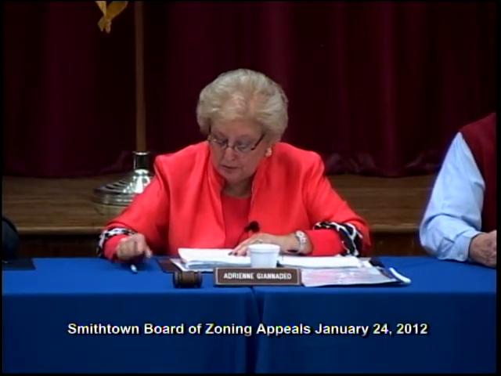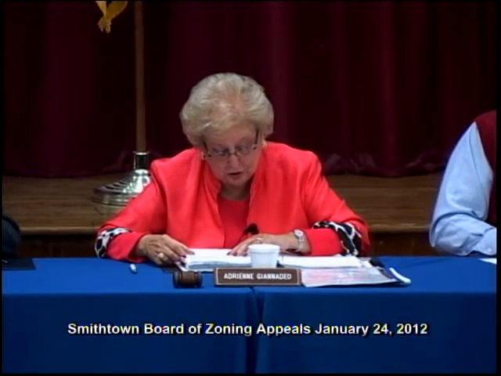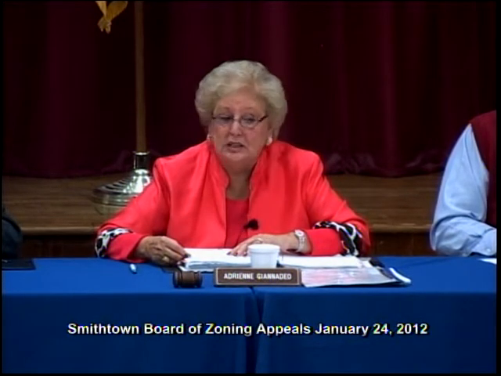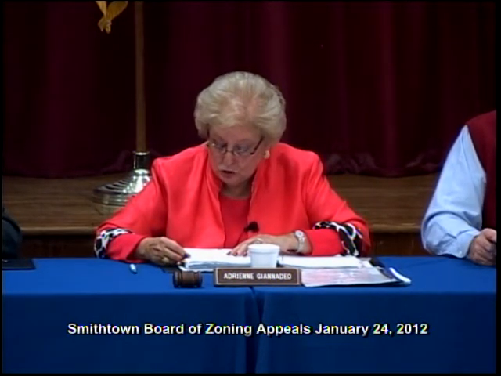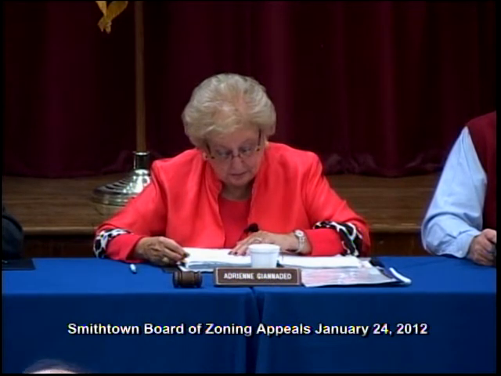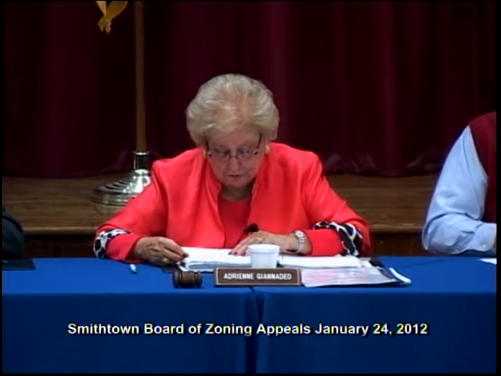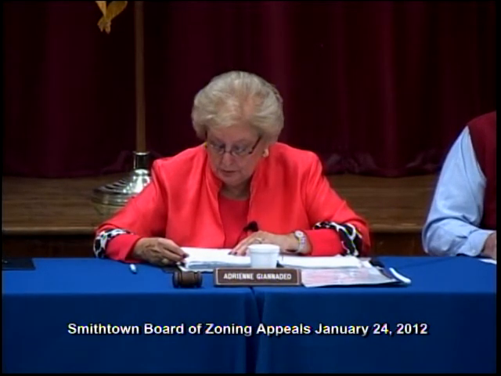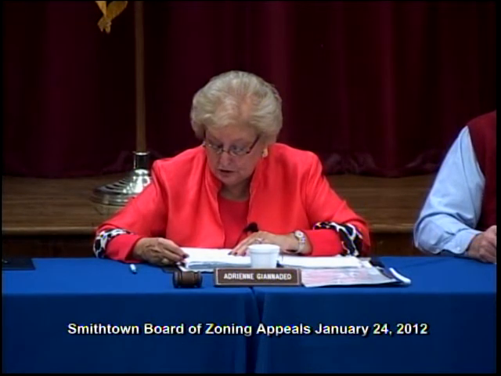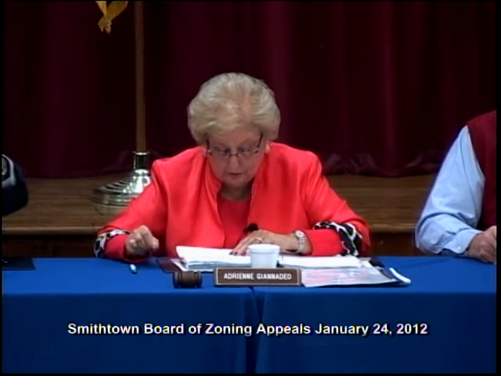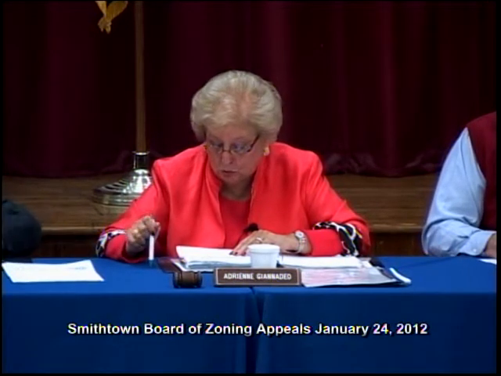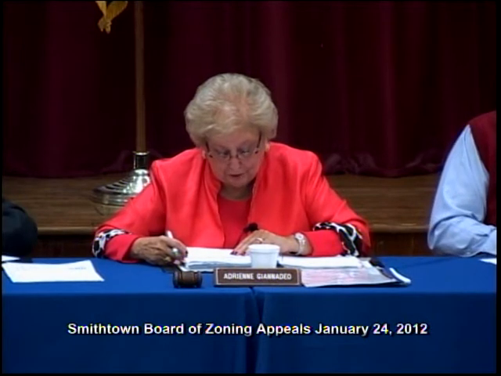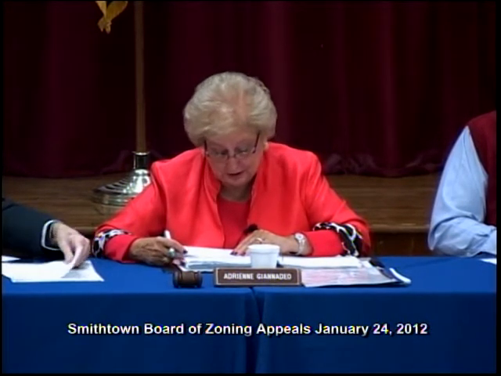Request variance to reduce the minimum lot area from 10,000 square feet to 4,000 square feet for an existing 280 square foot second floor addition, 2 porches and a deck existing. Reduce the minimum lot frontage from 75 feet to 40 feet existing. Reduce the minimum lot area from 10,000 square feet to 0 square feet due to environmentally sensitive land, depth to groundwater less than 10 feet. Increase floor area ratio from 25% to 100% existing.